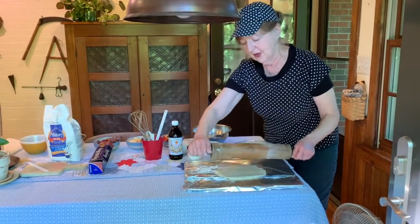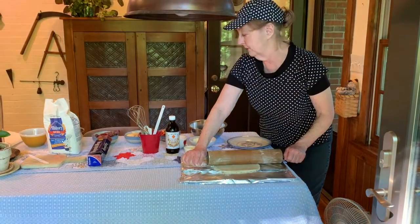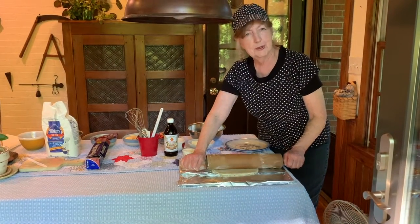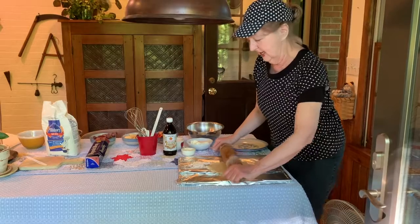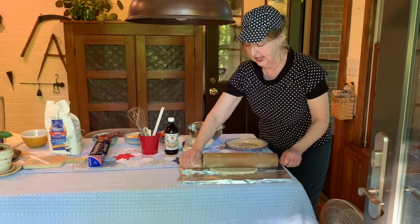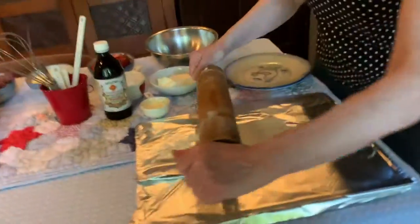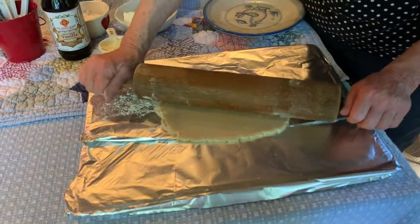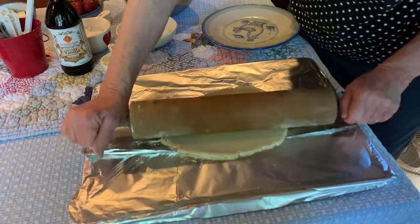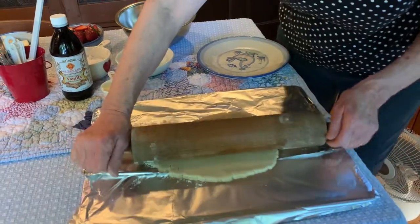This would be a fun thing to make for 4th of July. You could use red and blueberries and strawberries, reds and blues fruits, and it'd be so fun. Nice and it'd be yummy. It can be a dessert. In fact, it is more like a dessert because it's cookie dough, sugar cookie dough. So the base of it is,